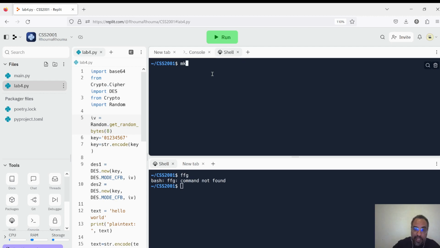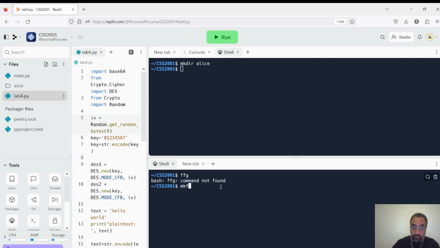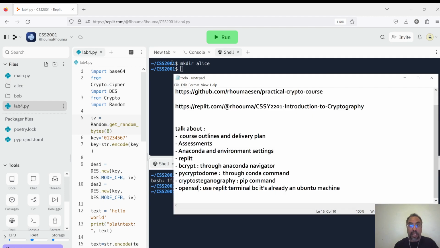So we need to create two directories. This is user one, and this is user two. The top one is user one. We name it Alice. The second is Bob. So Alice will create a folder. So it's created. You see. Bob will create his folder. Now, if I go back to the lab,